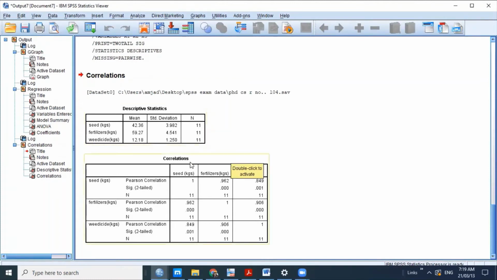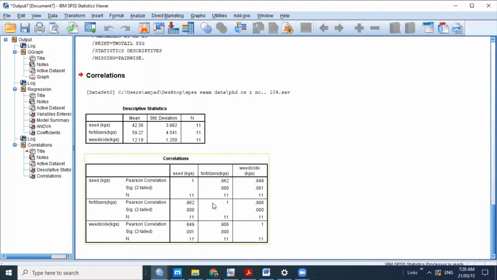So here is the actual correlation table, with seeds, fertilizers, and weedicides. First, the Pearson correlation of seed to seed is definitely a perfect 1. The combination of seed with seed is always 1.